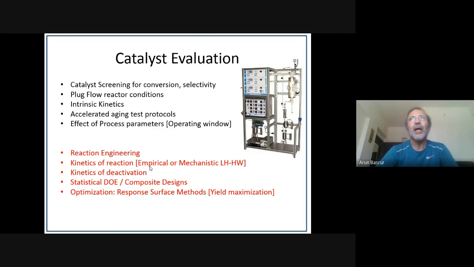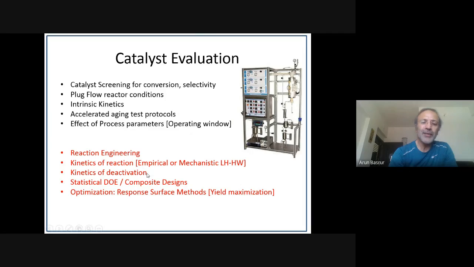If one wants to improve the catalyst, then one necessarily has to go for a mechanistic kind of model like Hougen-Watson or Langmuir-Hinshelwood-Hougen-Watson models, in which you assume different steps such as adsorption of reactant on the catalyst is rate limiting, or surface reaction is rate limiting, or desorption of the product from the surface of the catalyst is rate limiting. And then you do model discrimination studies to determine the rate limiting step. So this allows one to understand which of these 3 steps is rate limiting and what changes to make in subsequent catalysts to improve them.